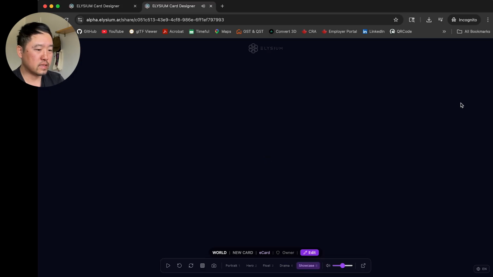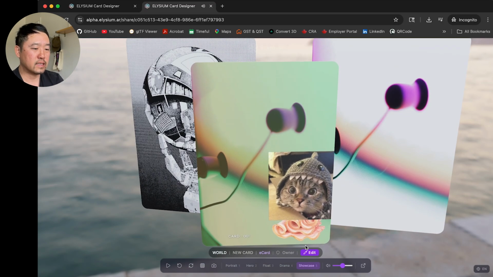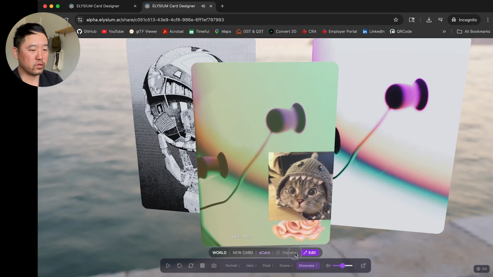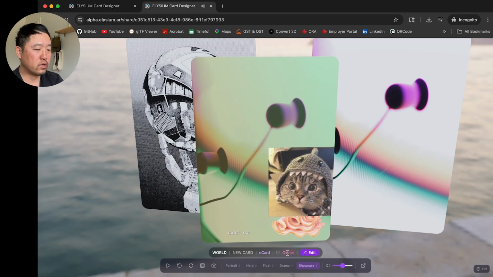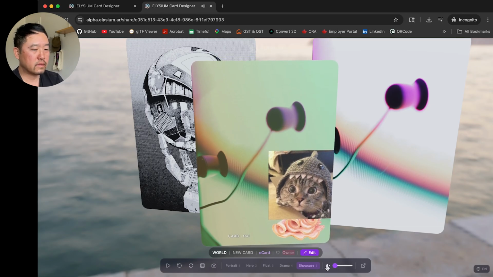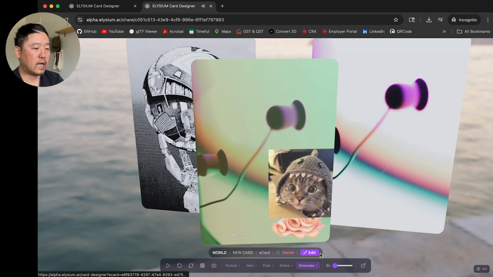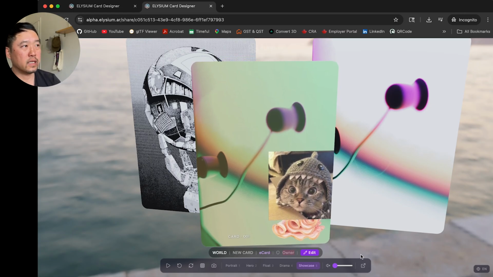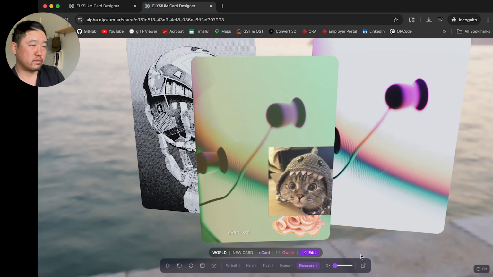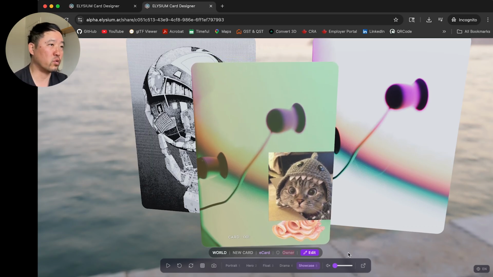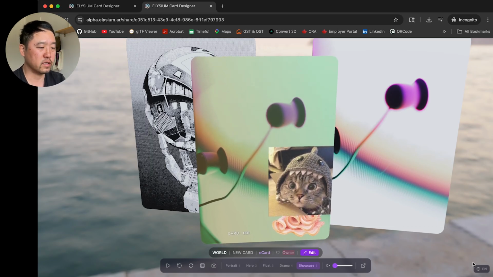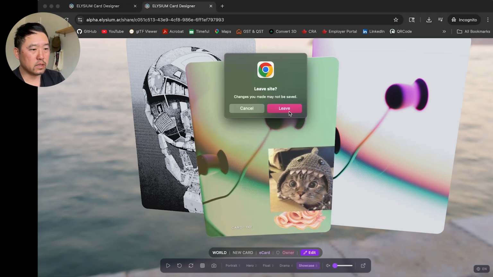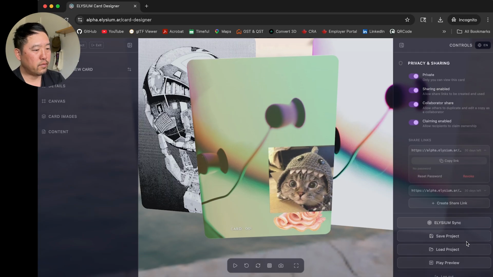The only difference is that if I shared it with somebody that doesn't have an account, they wouldn't have the owner tag here. They would have the ability to create an account. And once they're logged in, because we enabled the claim and the collaborator options, they could basically claim the card or become a collaborator on the card and edit it directly. Okay, so close this page. So I believe that is it.